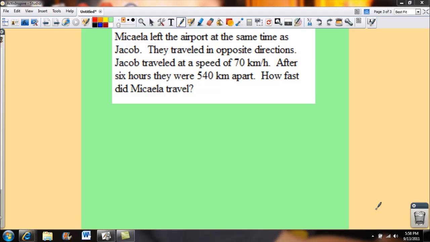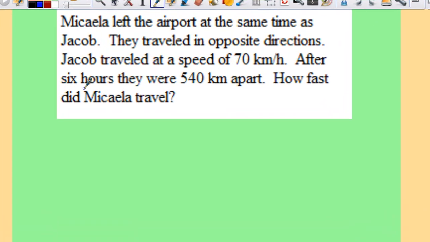Okay, here we have a slightly different version of a word problem involving D equals RT. Again, they're going to have to give us enough information for us to be able to find the missing piece. And so really what we're going to be looking for is how fast did Michaela travel. So we're going to be looking for a rate this time. So Michaela and Jacob left an airport and they're going in opposite directions. So I'll draw an arrow that's going to represent